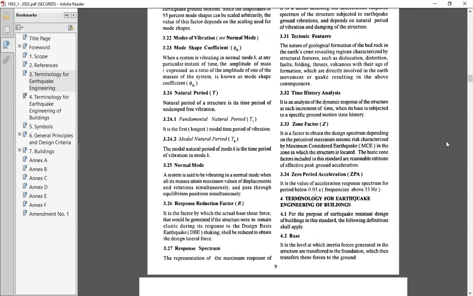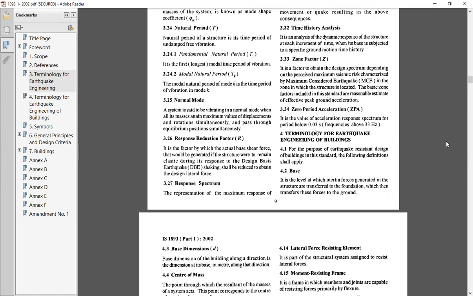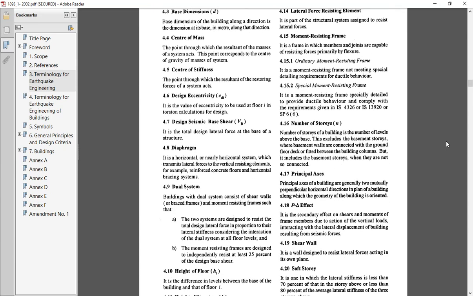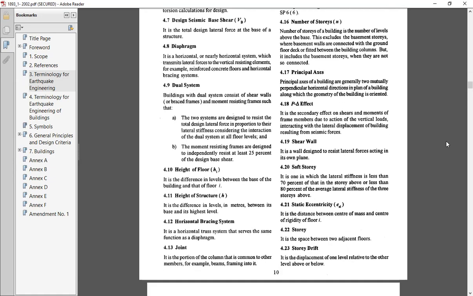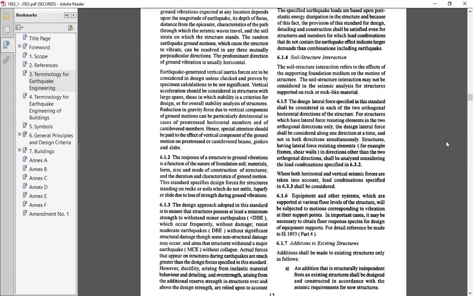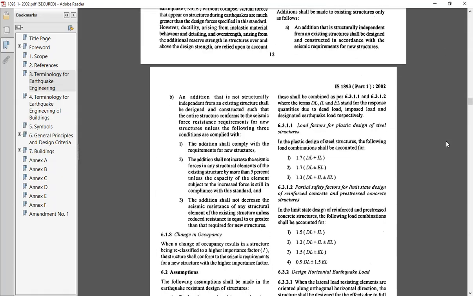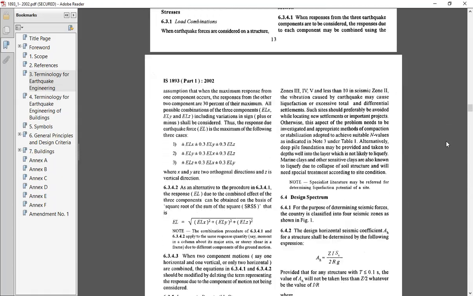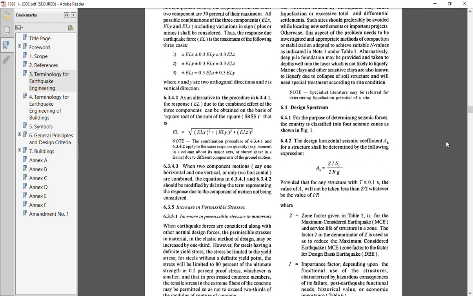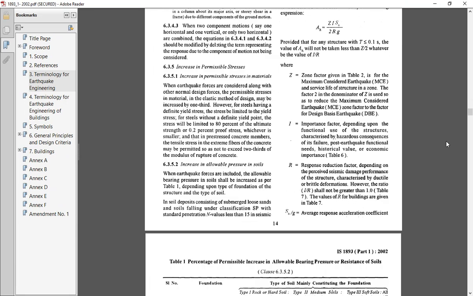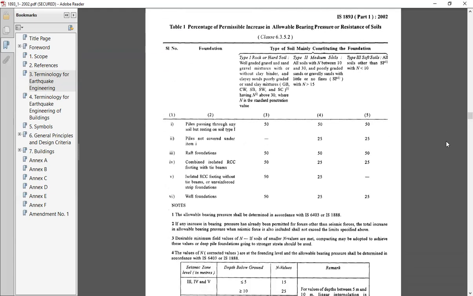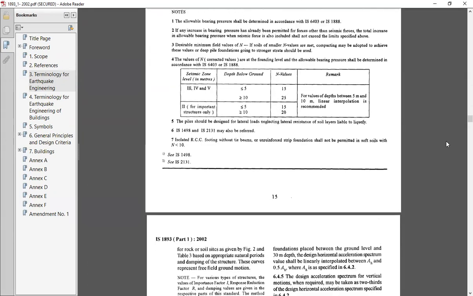Okay, so now let us see. These are just the definitions which I'm showing you. After this, what we are concerned with when we are solving the numerical is the tables which are given in this for the values. So here you can see table number 1 is the percentage. We are not concerned with this.